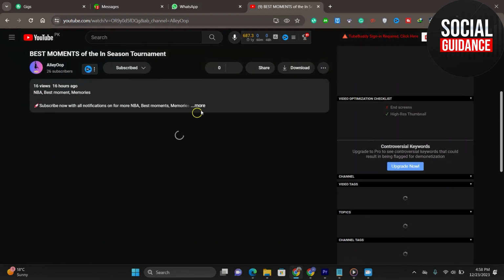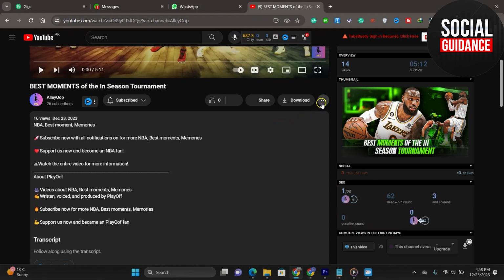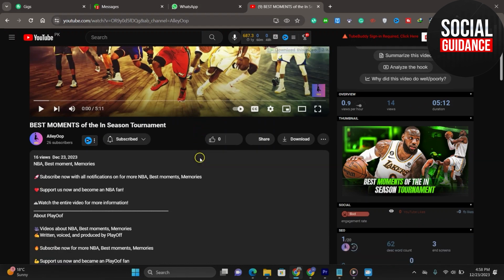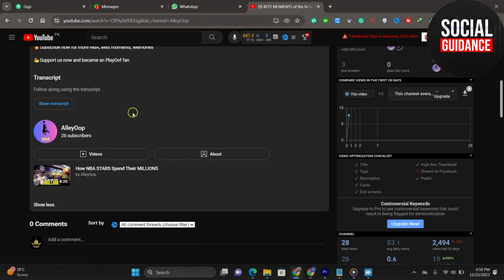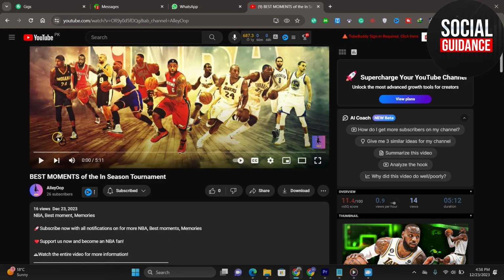And then what you need to do is scroll down, and if you have done this before, you may be thinking you used to click on these three dots over the right, and there was then a show transcript button, but that's now changed. So what you now need to do is expand the description and then scroll down, and at the bottom here we then have the option to follow along using the transcript, and you can then click on show